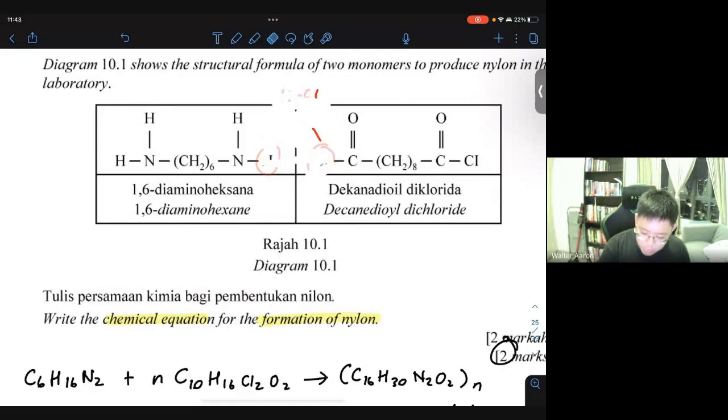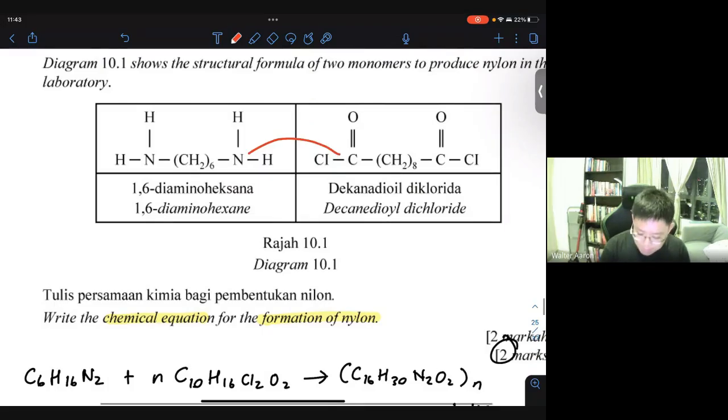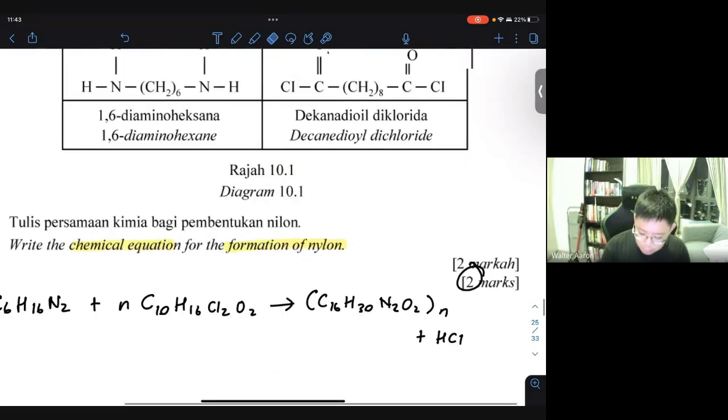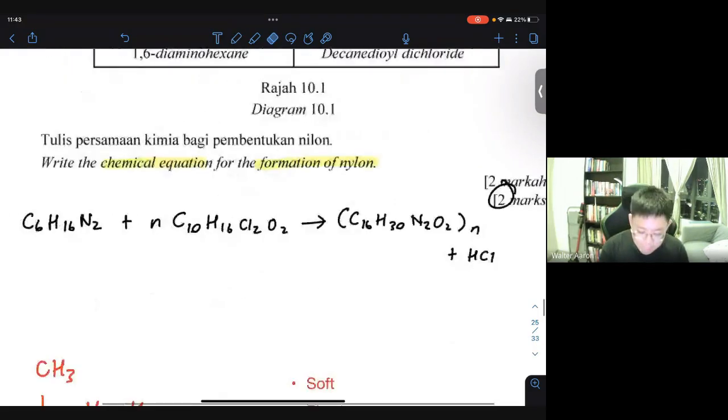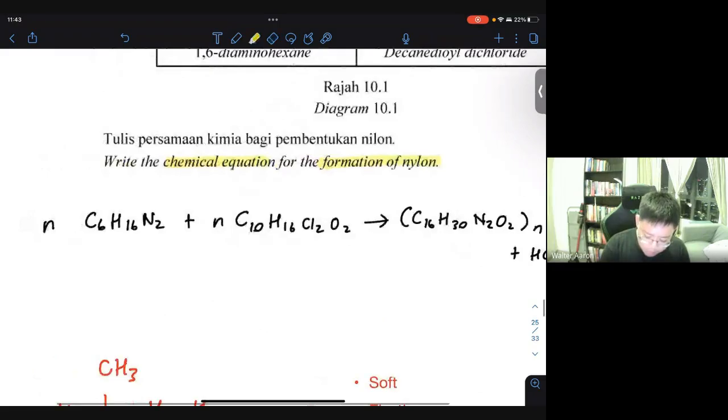So your equation will consist of this one combining with this one, and then plus HCl. You understand? So after that, I just condense it for you to show what's going on. I also include the letter n over here, because we don't know how many molecules can join together. So n actually represents a very large number. Okay. So n